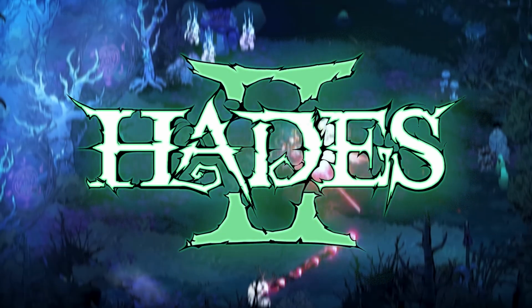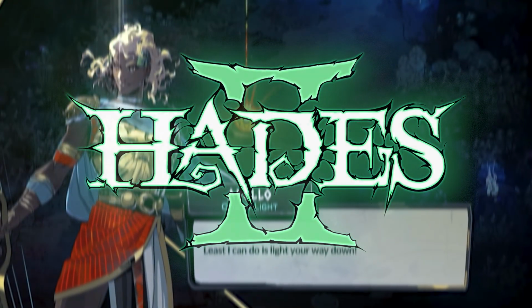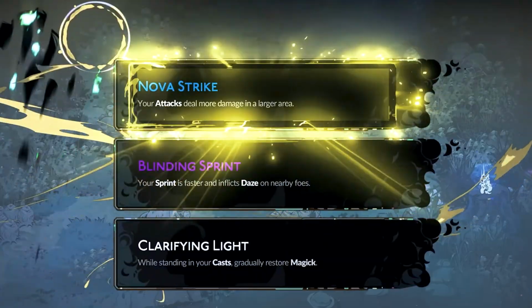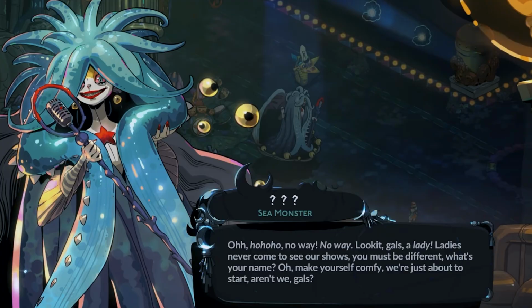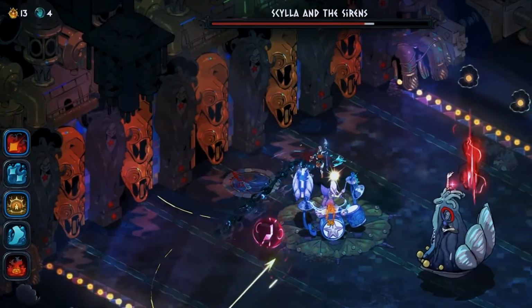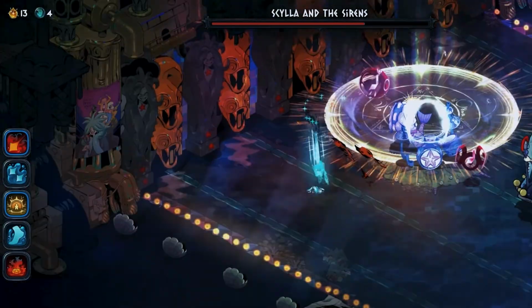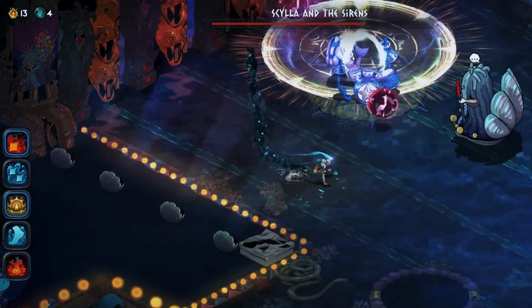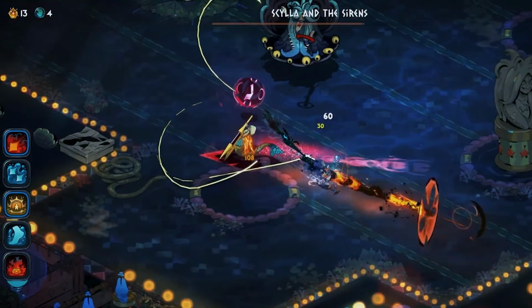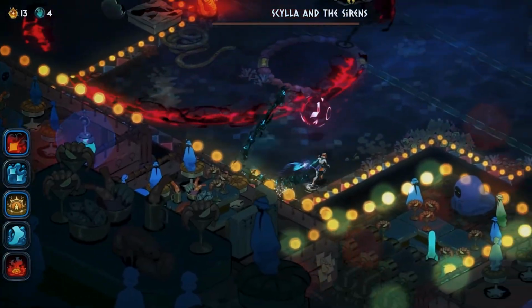The soundtrack of Hades 2 is great. There is really no debate about that. But the exact moment I absolutely fell in love with the score was during the Scylla boss fight. When I stunned the Siren playing the drums, I noticed something strange. The drum part disappeared from the track, and in that moment I thought to myself, this might be one of the most brilliant uses of diegetic music in video games.